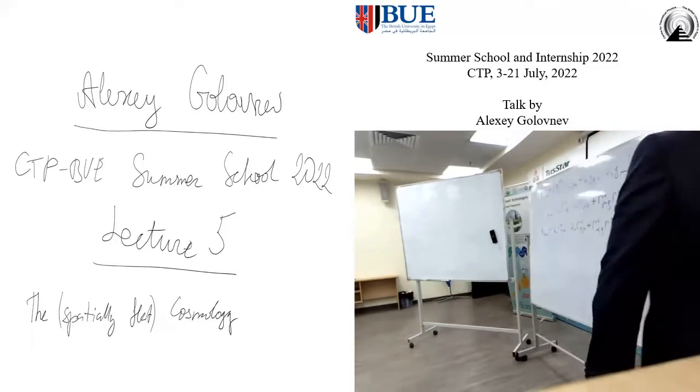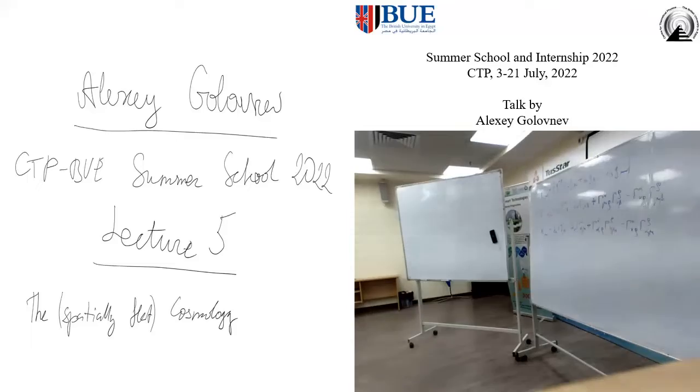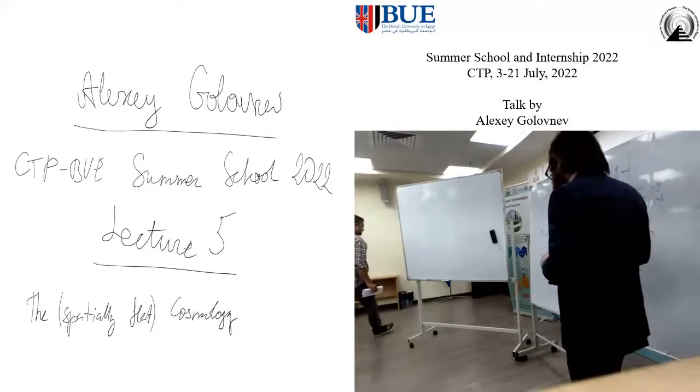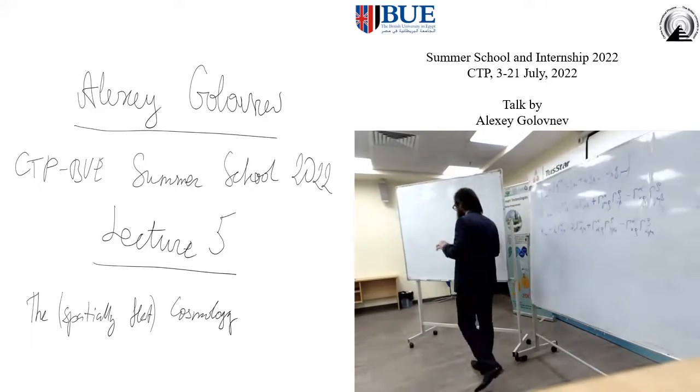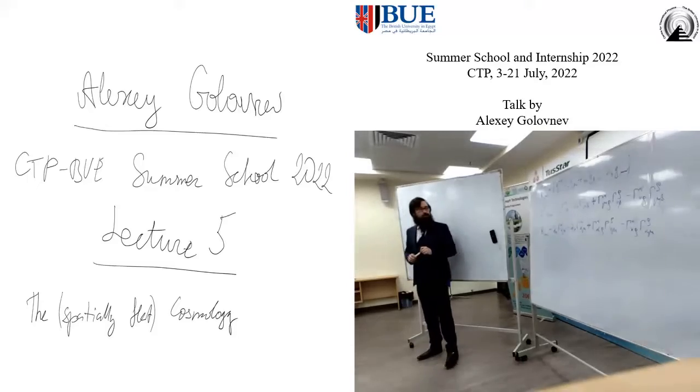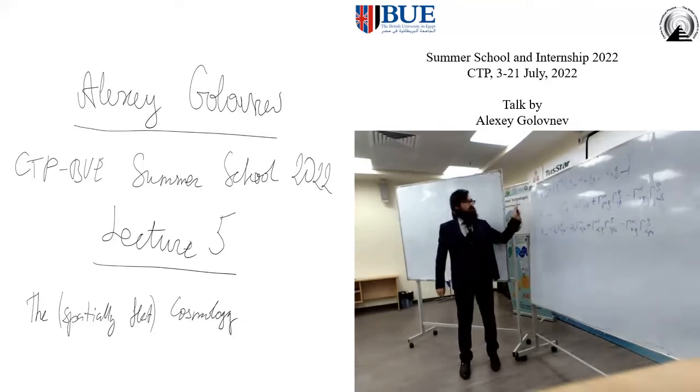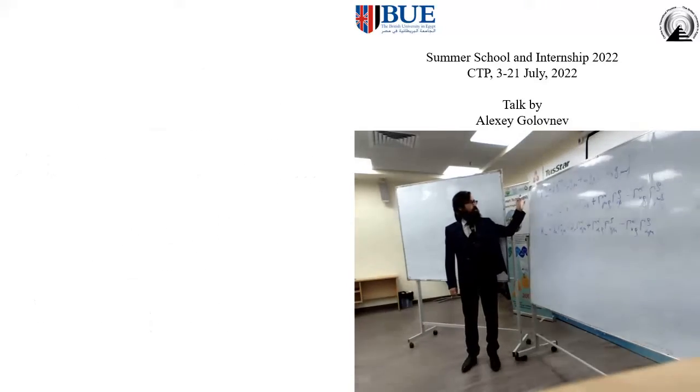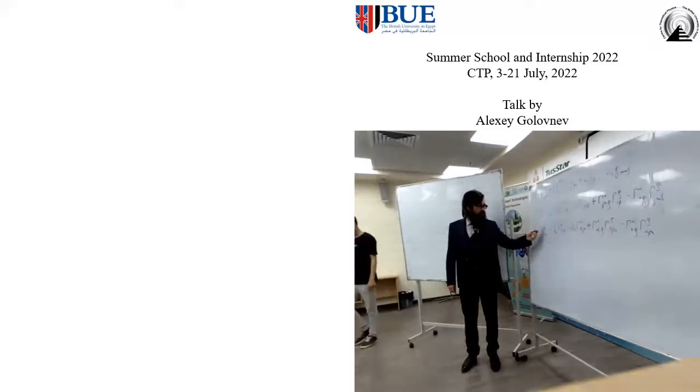Okay, so let's continue. So the last time we discussed a bit of gravity. So again, I fixed myself to take the Levi-Civita connection, the usual Riemannian geometry. And then the curvature tensor is defined like here. And what I usually need in GR, I need this contraction of alpha and mu here, which gives me the